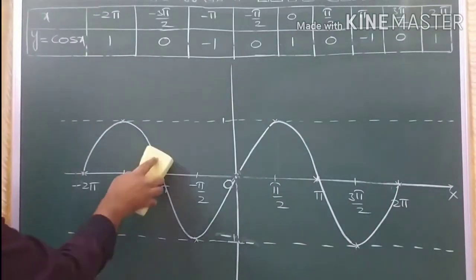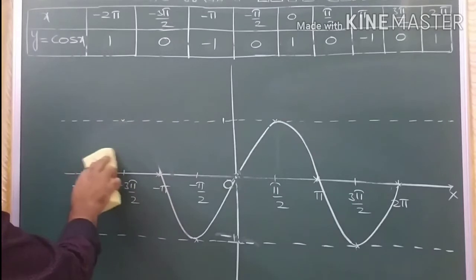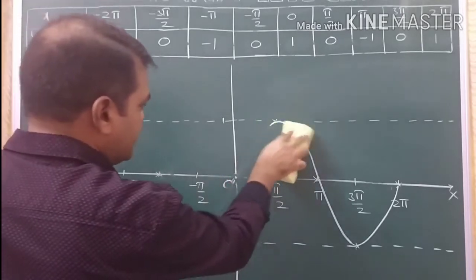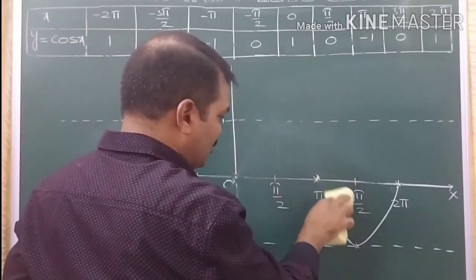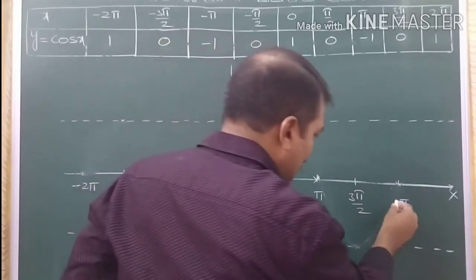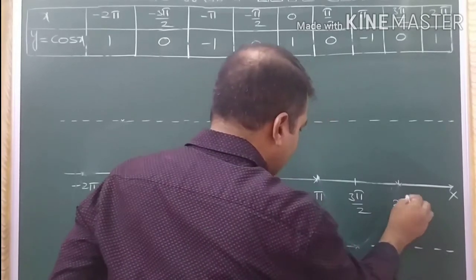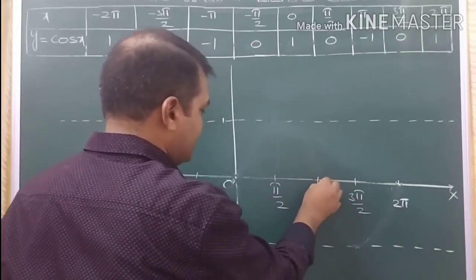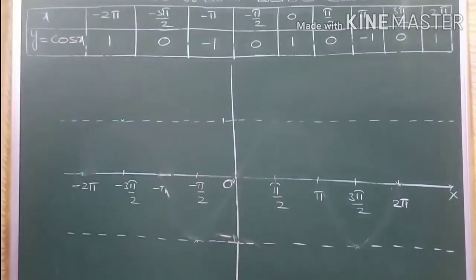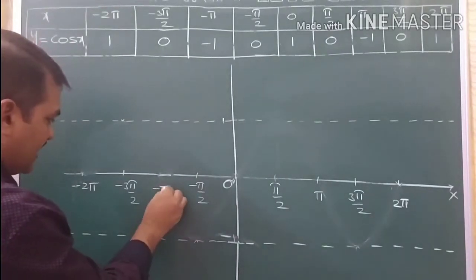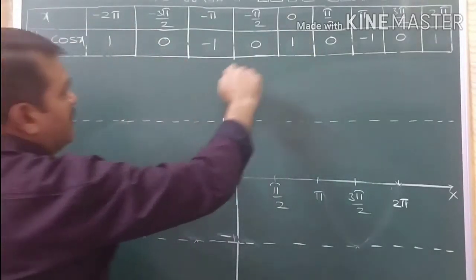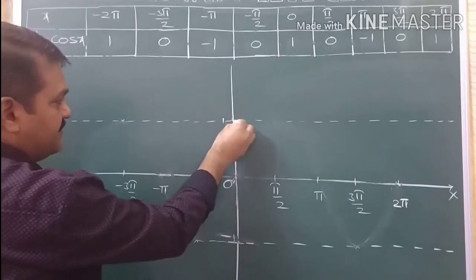Okay, so I am going to change the graph now. So we have to consider the graph of y is equal to cos x. So as I told you, the shape of the graph will be similar when compared to sin x graph. Cos x graph shape will be similar, but not the points. Points are definitely different points we will get, but the shape will be similar. Okay, so let us try to draw the graph now. So for x is equal to 0, y is 1. Means 0 comma 1.